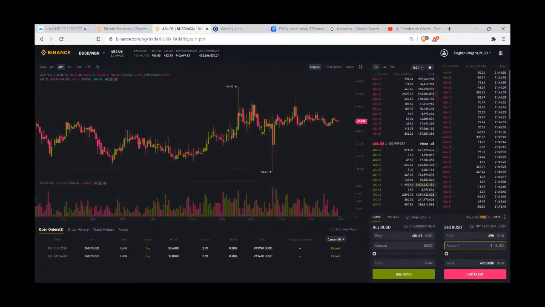Or I can say, oh no, I want to use 50%. This is 0, this is 25, this is 50, this is 75, and this is 100. So I can say I just want 50% of my fund to be used to sell the dollar. Then I click on my sell button. Okay, so let me do something. Now when I click on my sell button,